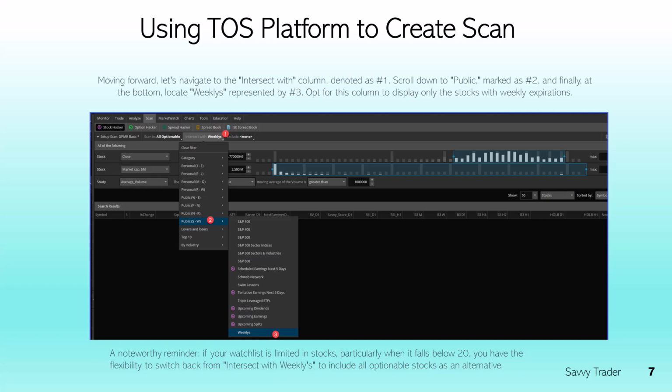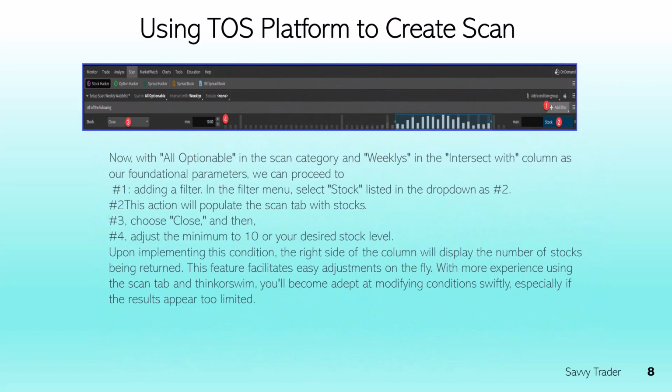And also, once you have your all optionable, if you want to do weeklies, you can intersect with your weeklies, and that's under your public folder under weekly. And then once we get our all optionable, we have our weeklies and intersect, then you can start adding your filters,